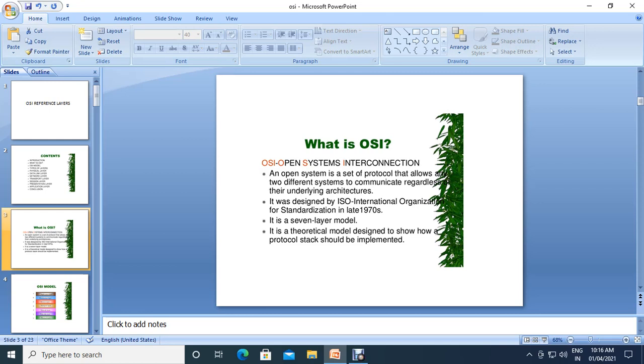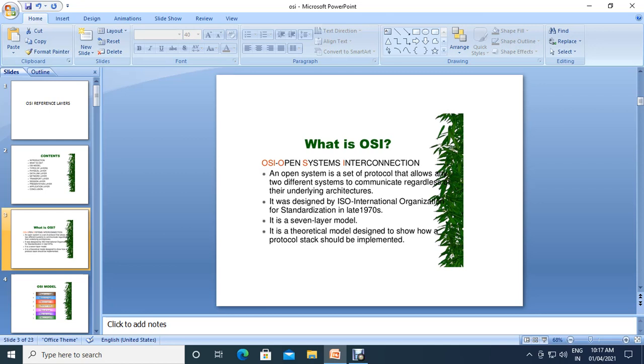That is the main purpose of this OSI model. Generally the OSI system is a set of protocols, it is software, okay, that allows any two different systems to communicate regardless of their underlying architectures.